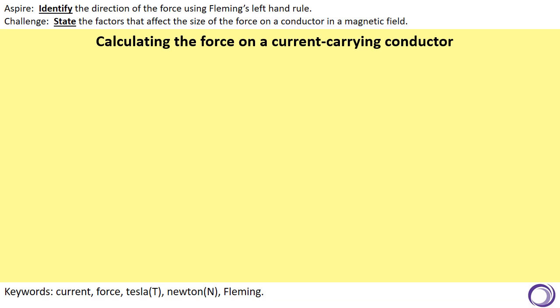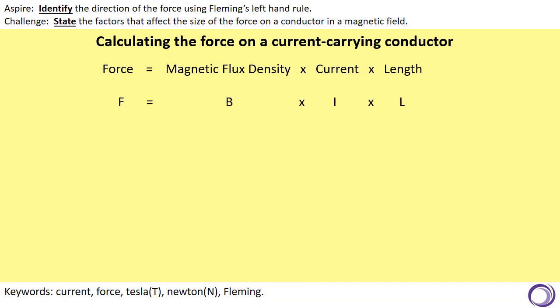So now we're going to have a look at how we calculate this force. We've got the equation. Force equals magnetic flux density times current times length. F equals BIL. F equals Bill. I find it a little bit of a shame that that's given in the formula, because actually it's quite a straightforward equation to remember if you just remember it as F equals Bill. So the force is in newtons, the magnetic flux density we measure in Tesla, the current in amps, and the length